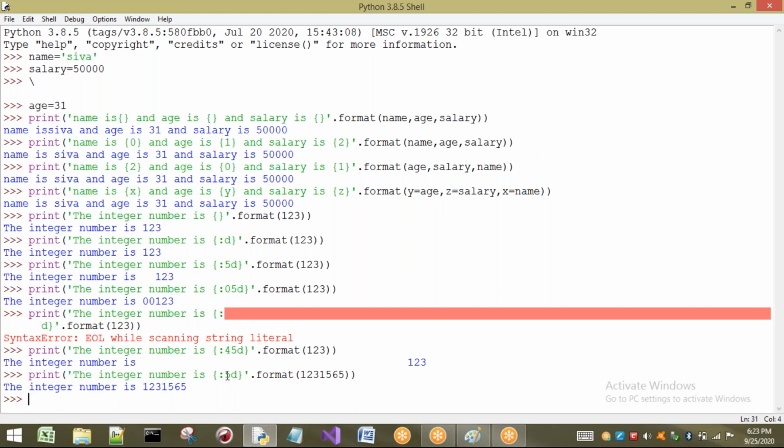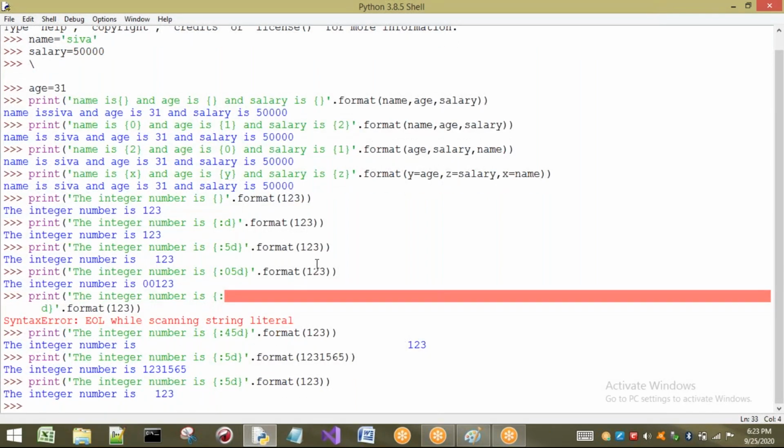If there are no 5 characters, for example, in this example, there are only 3 digits. If I press enter, how many digits does it have to print? Total 5. Minimum 5 it has to print. But how many digits are there in the given value? Only 3 are there. So remaining will be what? Spaces will be printed. Okay. If you give more than 5, no problem. It automatically prints the entire value. So this is about formatting the decimal values.